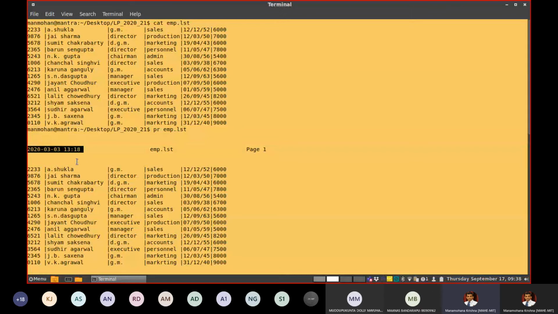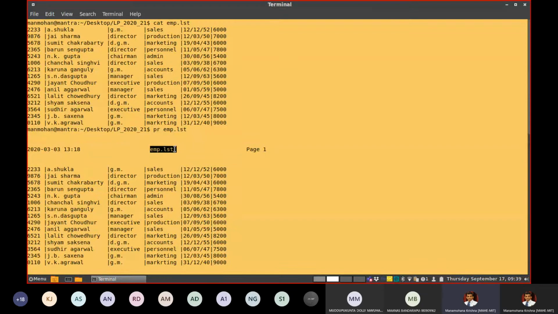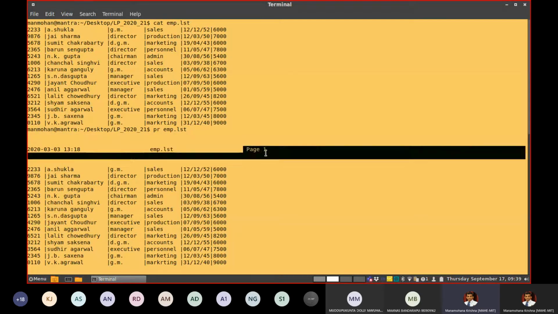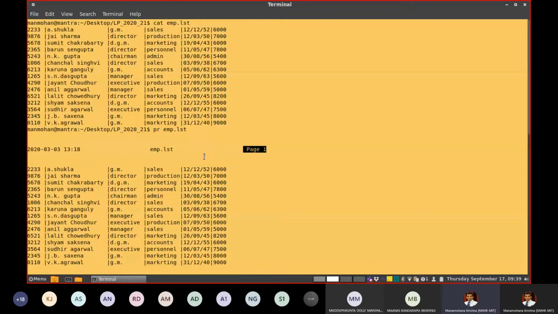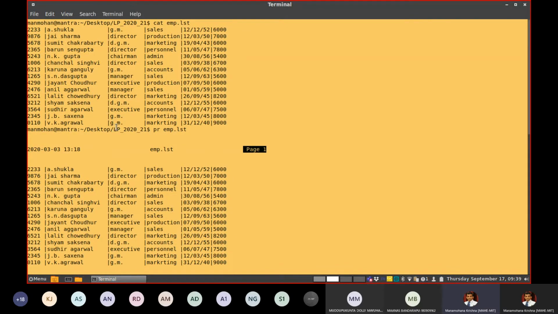Say for example, there is a date field indicating when this file was created, then also the name of the file. If it is a multi-page document, it will print the page number. And this is the file content without any change. Actually, it is nothing but a cat command, but with some page number, file name and date of file creation, etc. This is the pr command.